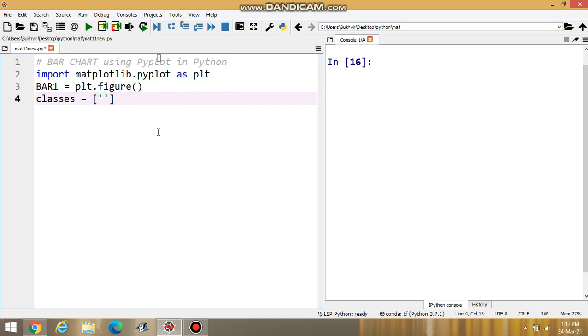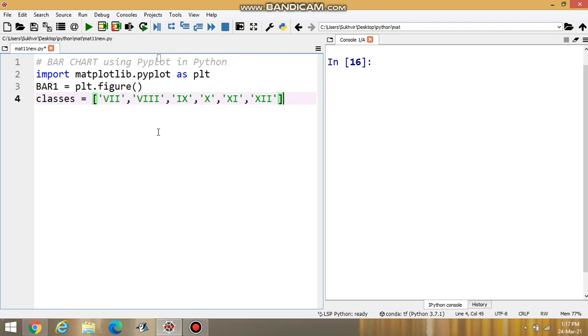Or in increasing order we can write. Suppose I am writing the classes like this: 7th class, then 8th class, then 9th class, then 10th class, and then plus 1 and plus 2.